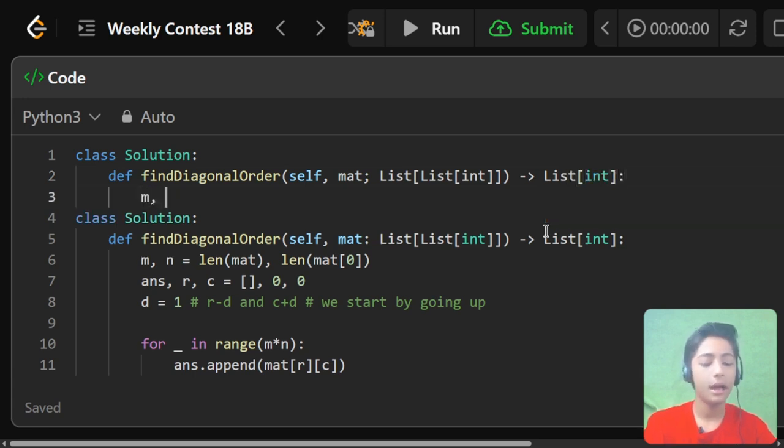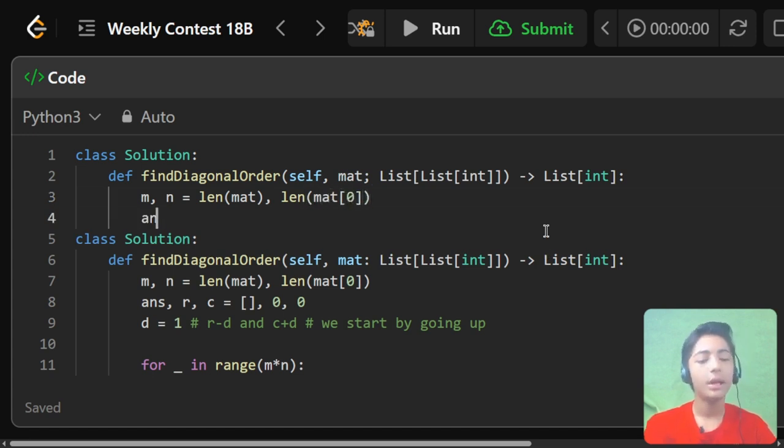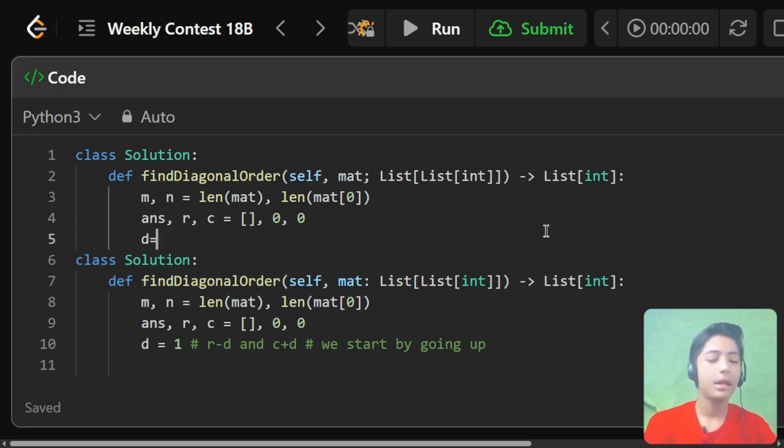So I define here m comma n, where we find the length of our mat, and then we find the length of mat square bracket 0. Now here I define ans comma r comma c equals to an empty list, comma 0 comma 0, then d equals to 1. Now in this line, r minus d and c plus d, here we start by going up. Okay, in this line,